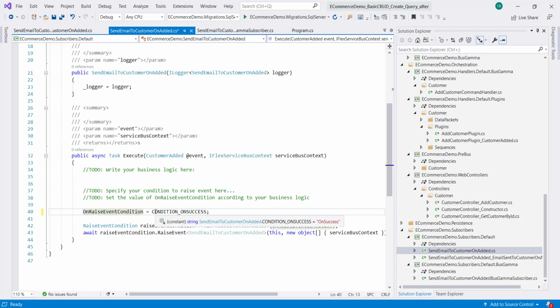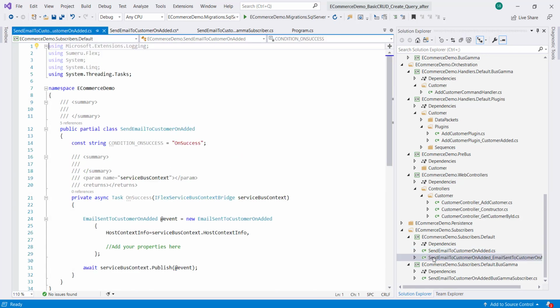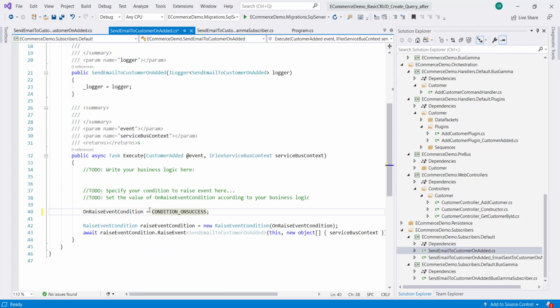So once the event is enabled, the specific condition is fired. So this on success actually should match with the method name here.